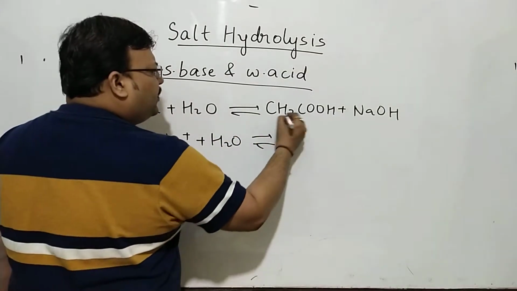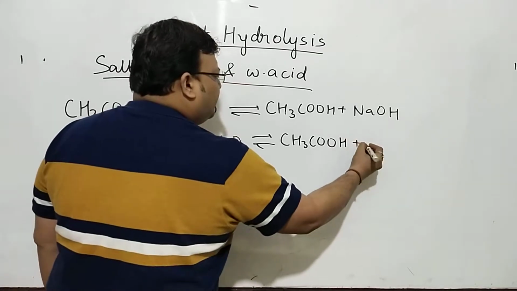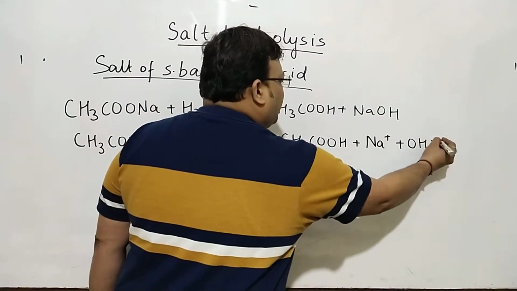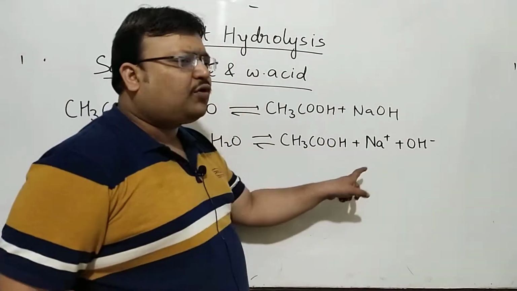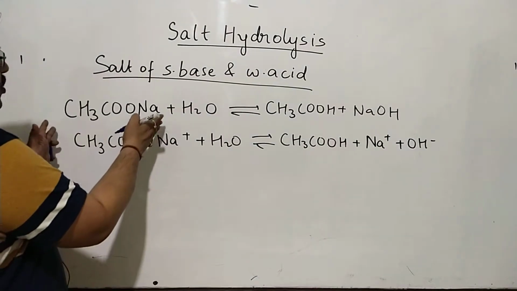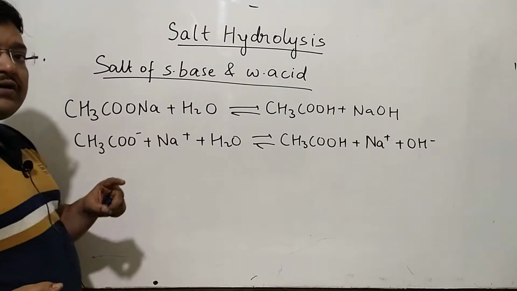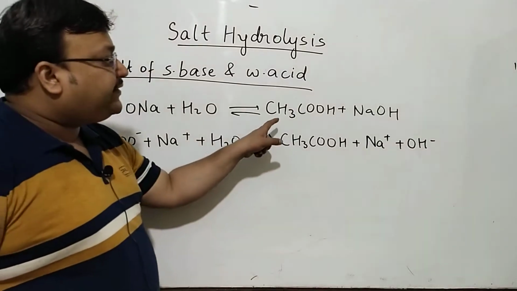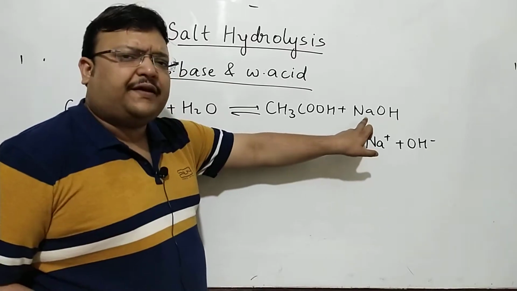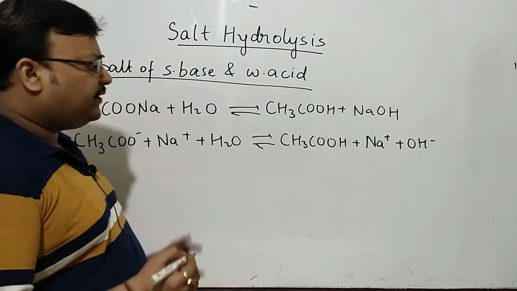We will not want to dissociate it because acetic acid is a weak acid, and this being a strong base, I've told several times, पानी में NaOH कोई भी कुछ नहीं होता है, Na plus और OH minus होता है. So you understand the dynamics. A strong electrolyte, a salt is always a strong electrolyte. Sodium acetate and water is sodium and acetate. Acetic acid being weak, I cannot dissociate it completely. A strong base NaOH, पानी में it's always Na plus OH minus, 100% dissociated.